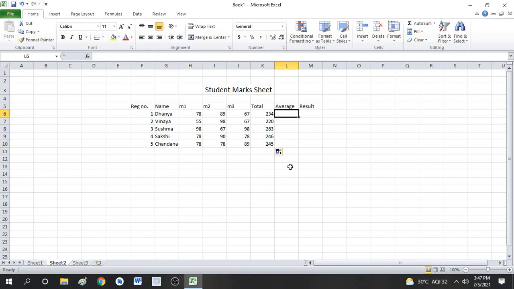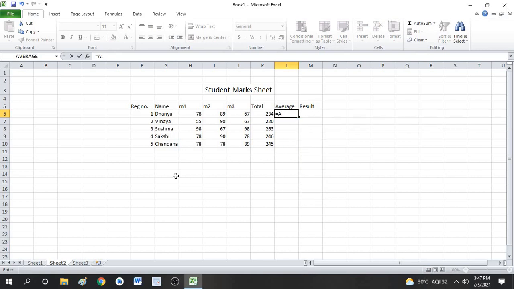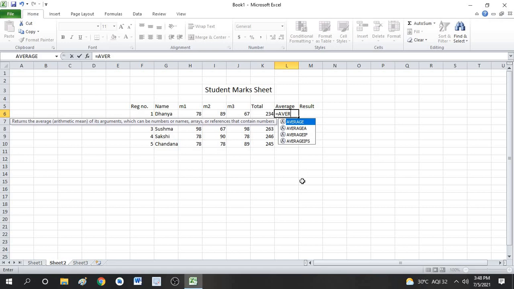Next we'll calculate the average. For that, equals, so average is what? It is the default function, average, summation, SUM and division. So whatever you are seeing here below, all these are the default functions.